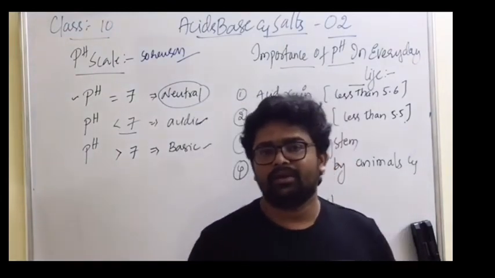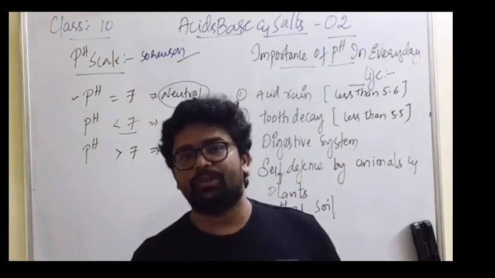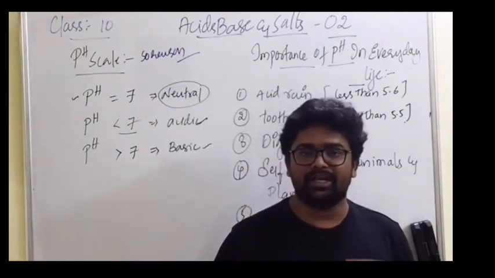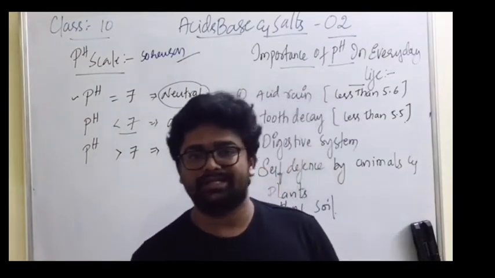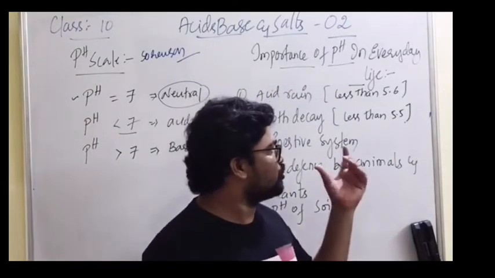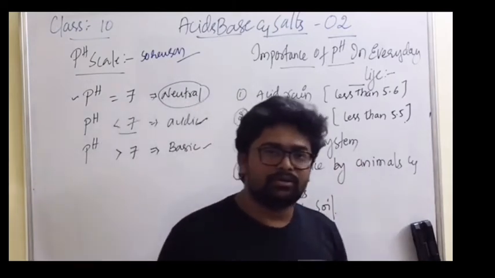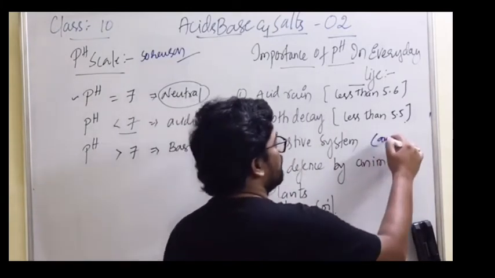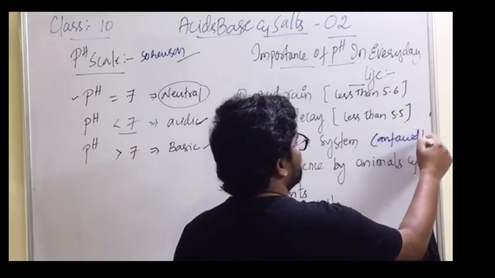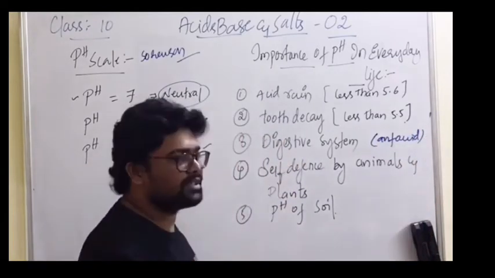During indigestion, an excess amount of acid gets released, right? It may cause damage to the walls of our stomach, and it leads to a condition called acidity. So in that situation, what do we need to do? How do we neutralize the acidic condition in our stomach? By using an antacid. When we use an antacid, we can neutralize the acidic condition of our stomach.